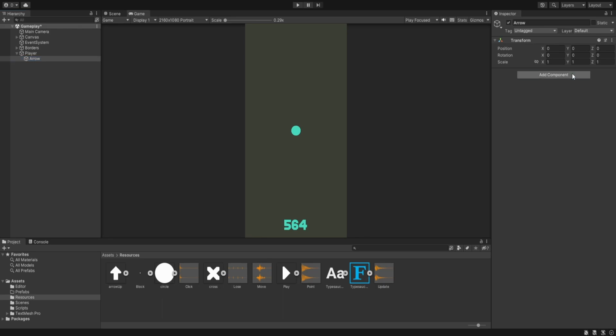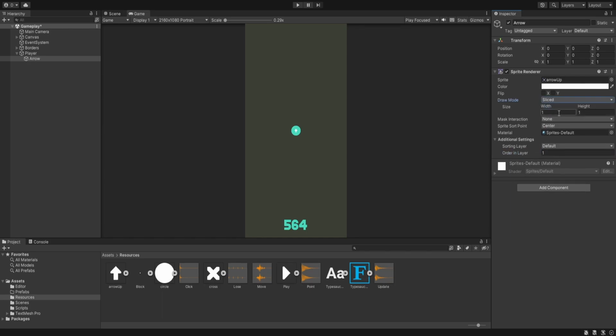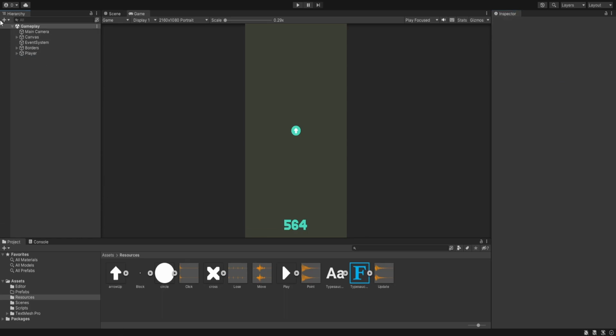Let's add a sprite renderer, and we'll assign this arrow, and it needs to be a little bit on the top, and instead of simple we'll make it sliced, have it a little bit larger, and its color is going to be our white color. And finally we are going to have our gameplay manager,